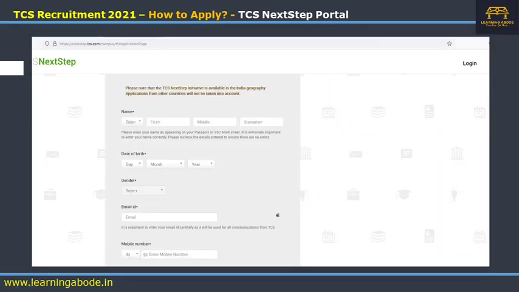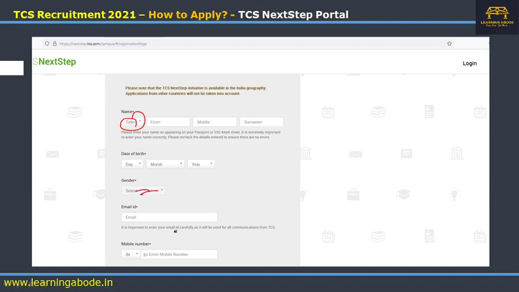Once you click on IT or BPS, you will see this, wherein you have to enter your name. Starting from title, Mr. or Miss, then your first name and then the surname. Middle name is optional. Then you can give your date of birth, then the gender. Of course, if you choose the title, the gender will fall automatically.